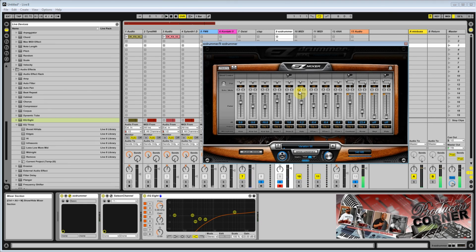Now remember, I got the EQ on all the other instruments and stuff like that. I haven't routed this particular VST, the Easy Drummer, to individual tracks. If I wanted to do that, all I got to do is go right here on multi-channel, and it's gonna automatically route different audio outputs to each one of these channels on the Easy Mixer. But for right now, everything is going out on track 1 on one instrument. So I'm just gonna leave the hi-hat solo, and I'm gonna bring in all the other instruments in this particular